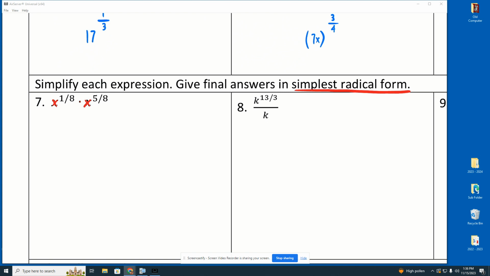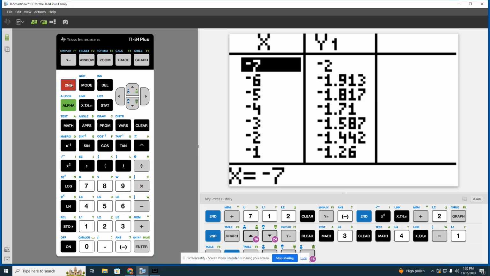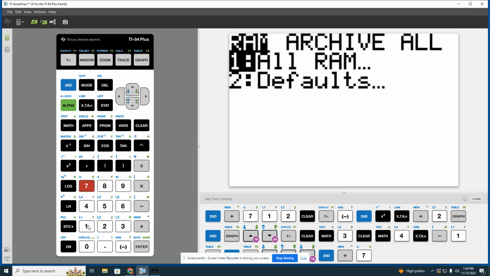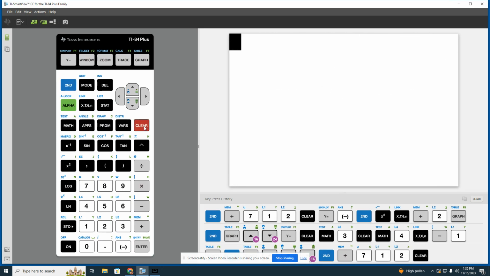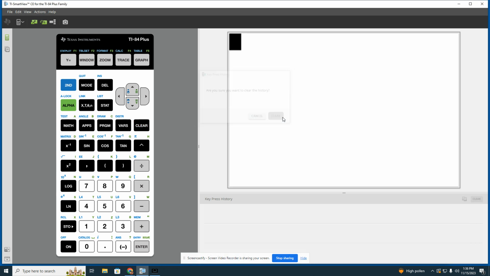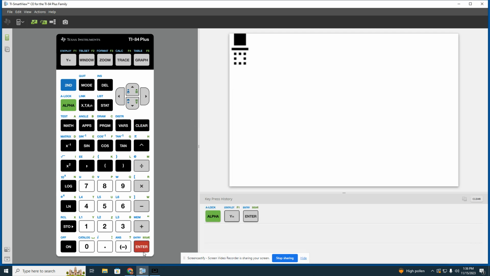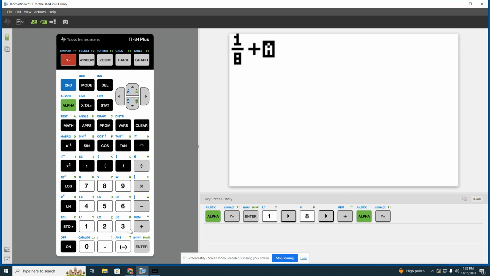Well, if you go to your calculator and you type in, let me reset this before I get started on that. If I add these, I would encourage you guys to use alpha y equals number 1. Let it work with fractions for you. That's 1/8. And then scroll up here and do plus alpha y equals number 1, 5/8. And the beauty of using this is not only will it add it, it'll simplify it. So this ends up being